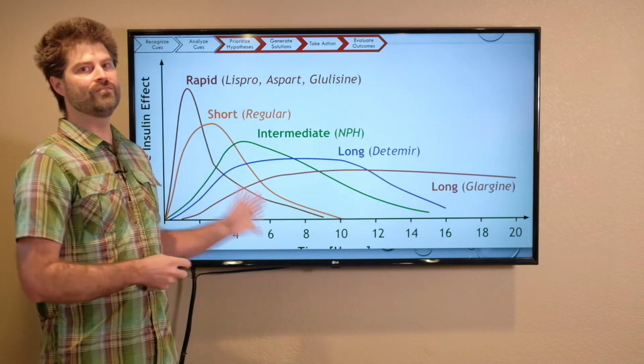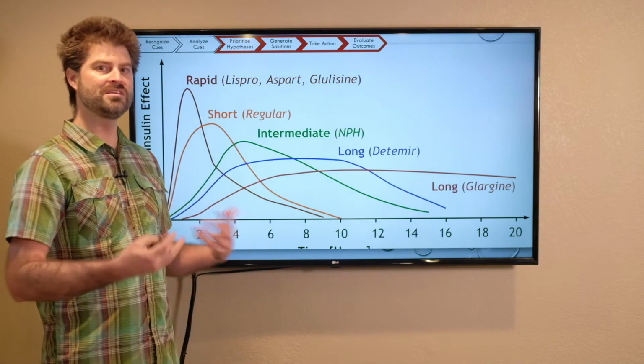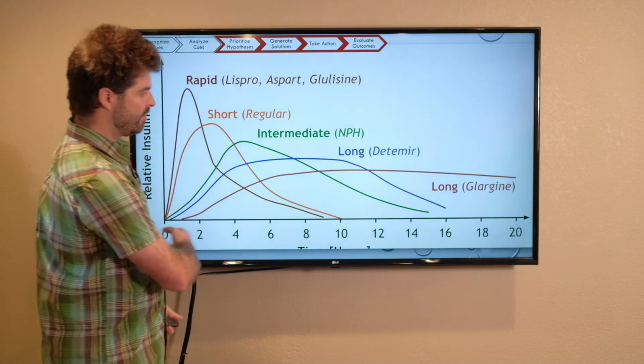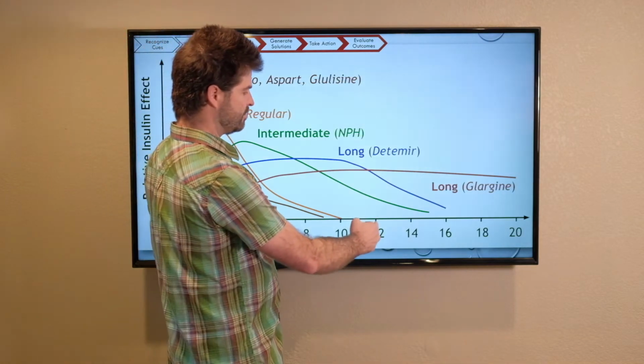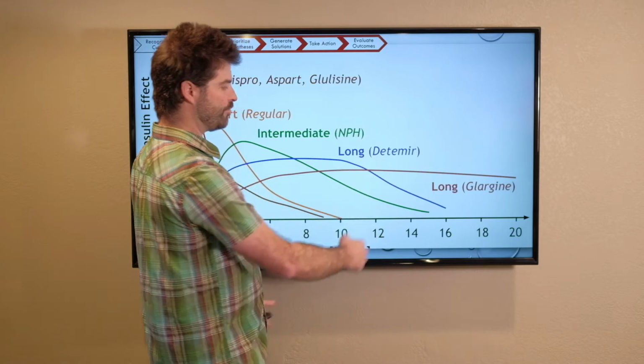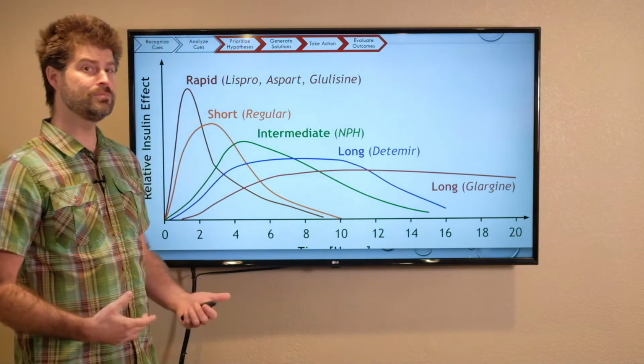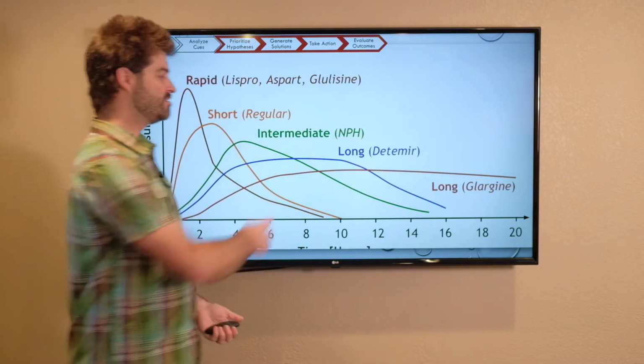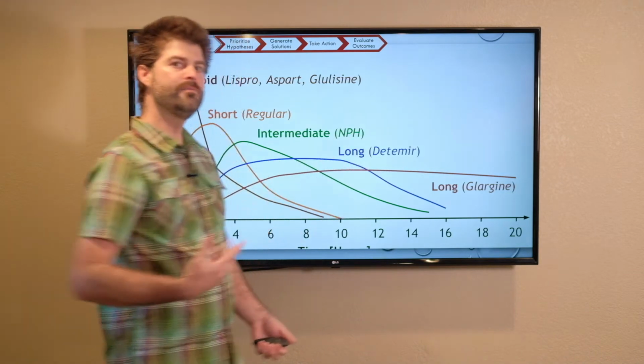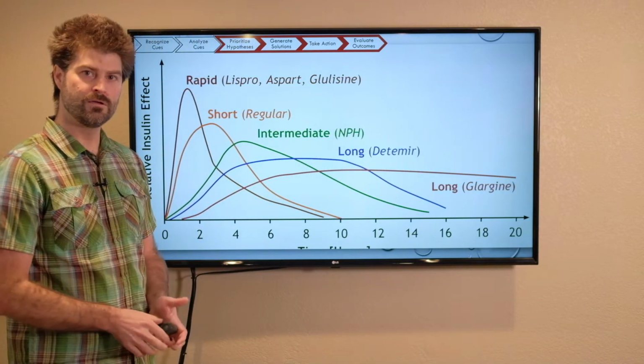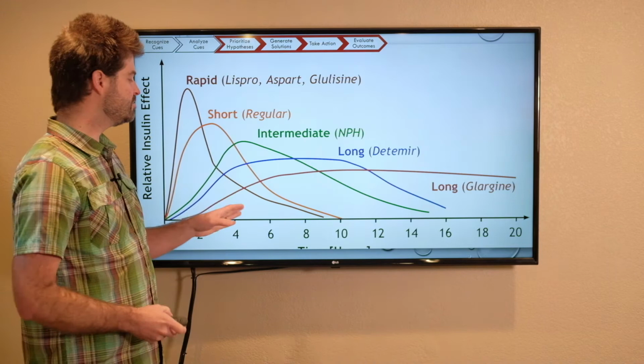So we don't want to give this in the morning, right? Because if we give this at 8 a.m., by 12 hours in, when we're really kind of at our peak, it's 8 p.m. That's when patients are going to sleep. This is when they have the most risk for hypoglycemia. So we always want to dose these patients